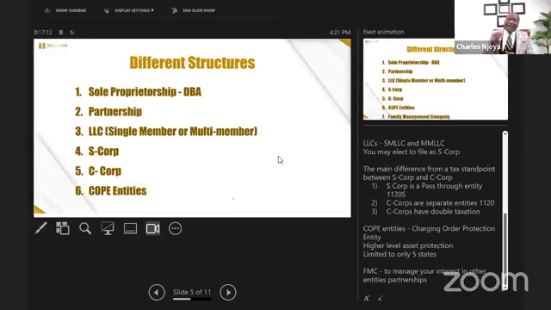You're being protected from the outside. As long as you're not taking assets out of the entity, you're protected. The assets of that entity are protected. That's why they say the COPE gives you an additional layer of protection. You have inside liability protection with the LLC, and you have outside liability protection with the COPE.